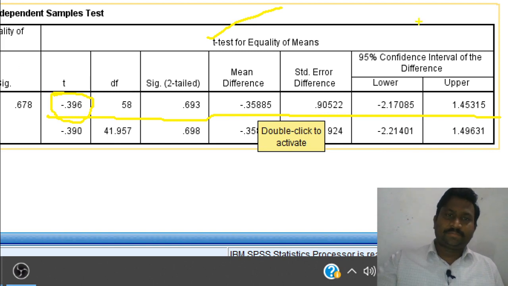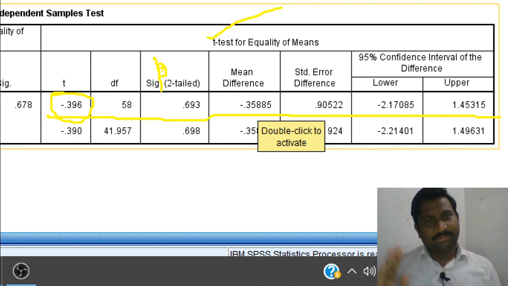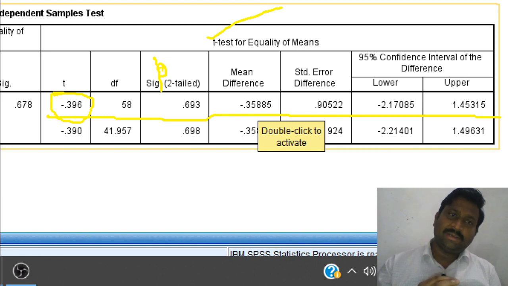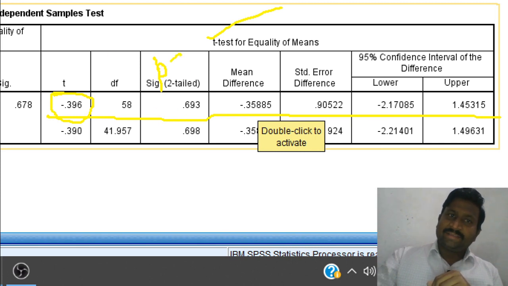This is the p-value. Our decision will depend on this p-value, whether we will accept the null hypothesis or reject the null hypothesis.